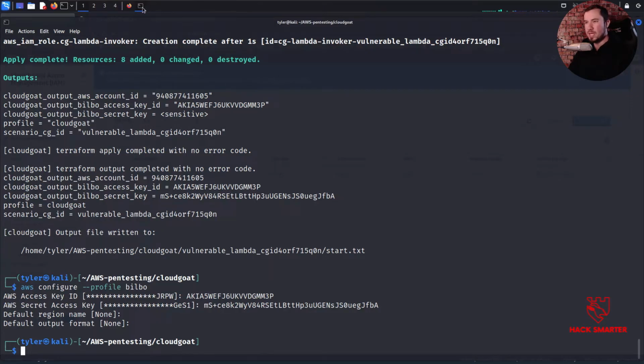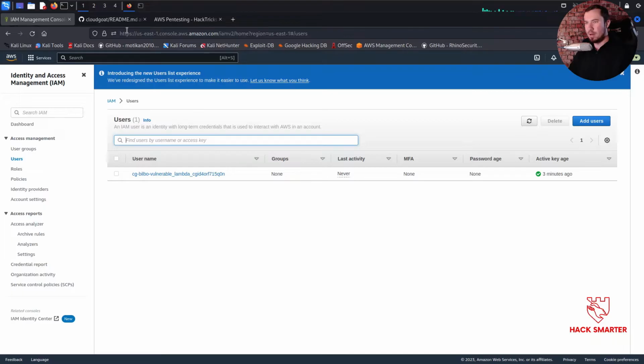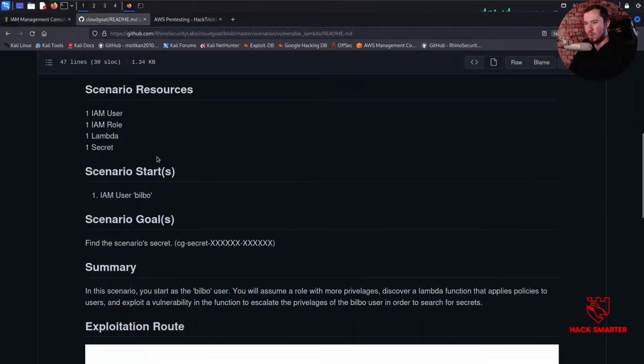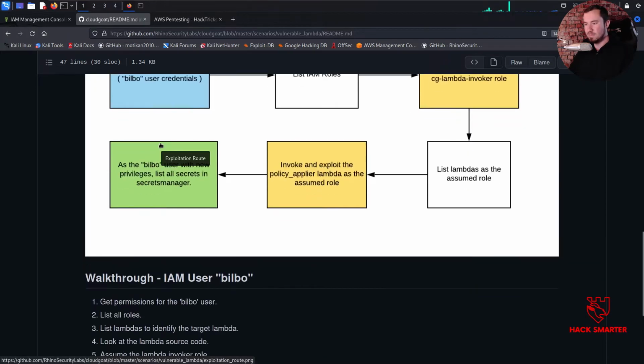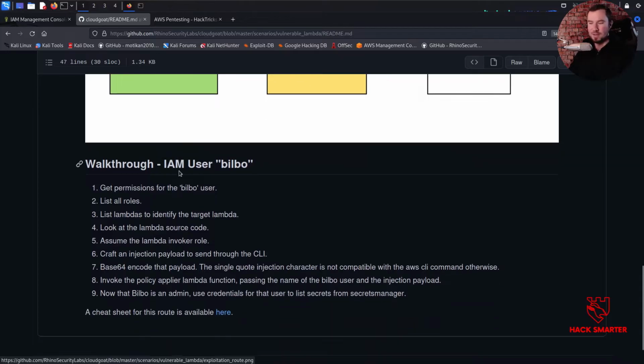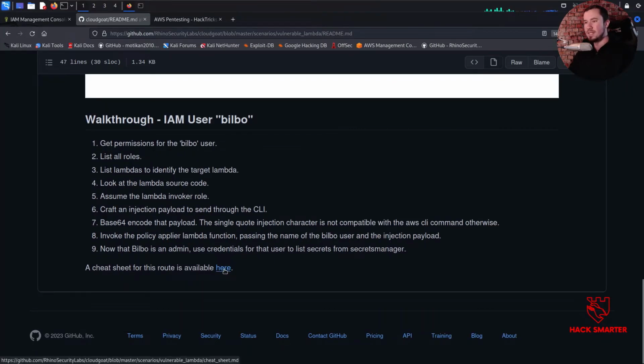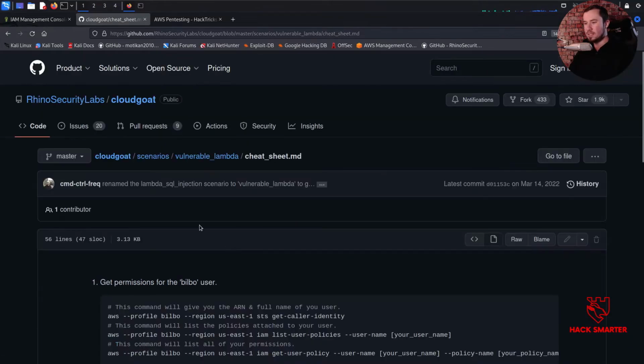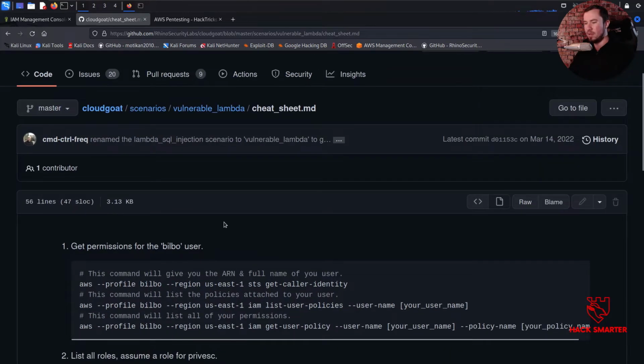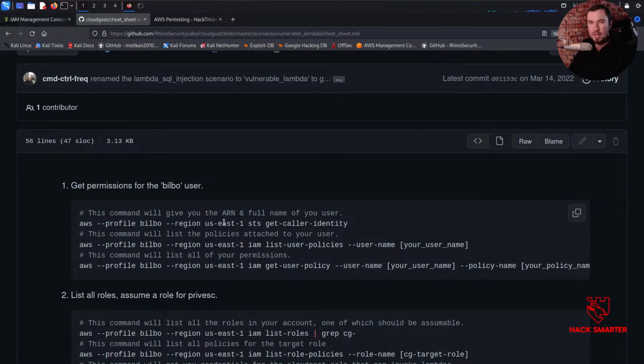Let me show you guys a cheat sheet, because we're actually going to work off of this. We're not going to try to wing it, at least not in our first scenario, so we can get a feel for everything that's going on. I haven't even done this scenario yet. I just did the very beginning to make sure everything works. So here's our walkthrough, explaining at a high level what it's going to do, and there's a cheat sheet that's going to walk us through each command. I think this will be helpful as we begin, so we get a feel for some of this